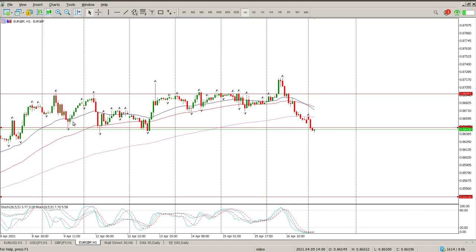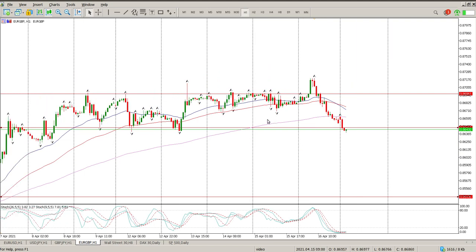I think for me, this is also still stuck in a range. We are at the bottom of range at the moment. And it's kind of a 50-50 call. If you look at the weekly, it is indicating that we should be looking for a stronger move to the downside. But if you look at the context of the weekly,